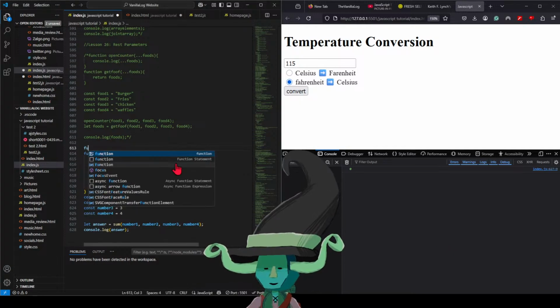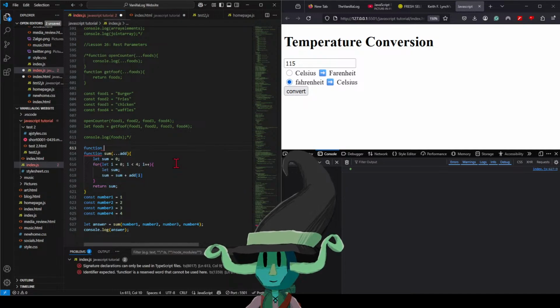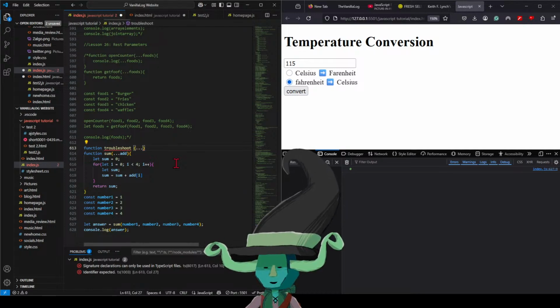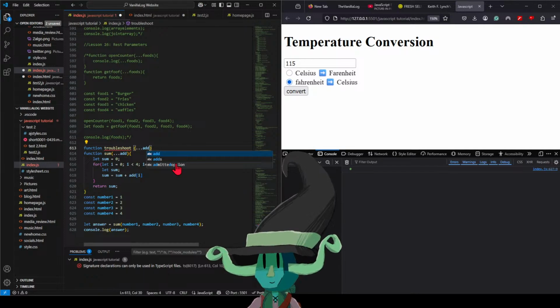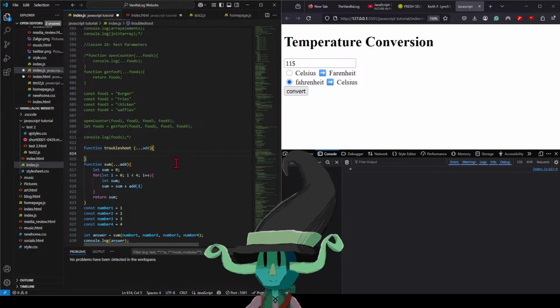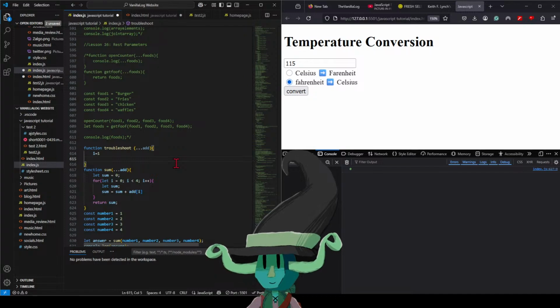Alright, let me just do a separate function here. Let's do troubleshoot. Dot add, i equals 1, and then return